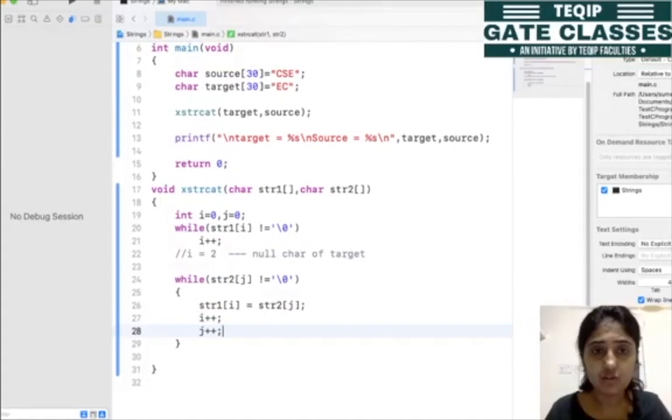So when our source string reaches the /0 or null character, the loop condition becomes false and the control comes outside the while loop.